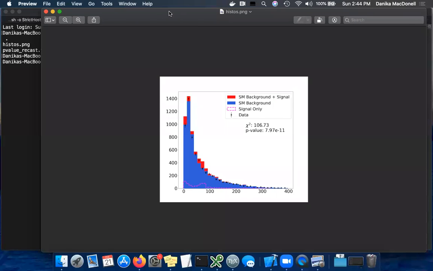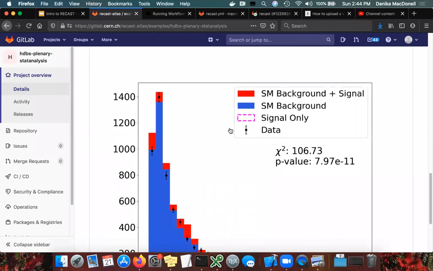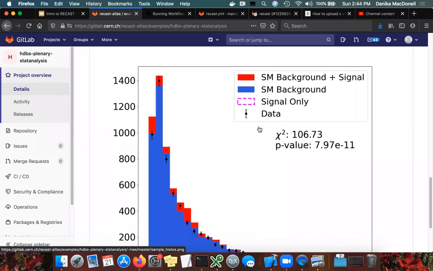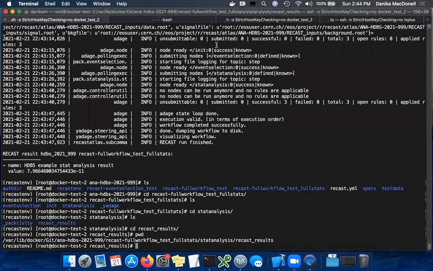Okay, yeah, so that is looking more like what we had in the README, and the chi-squared, if we look back at the README, is also matching as well as the p-value. So that's good, and we can